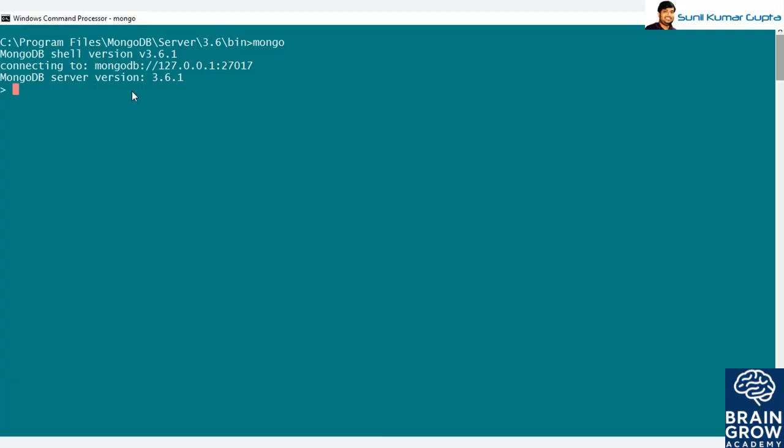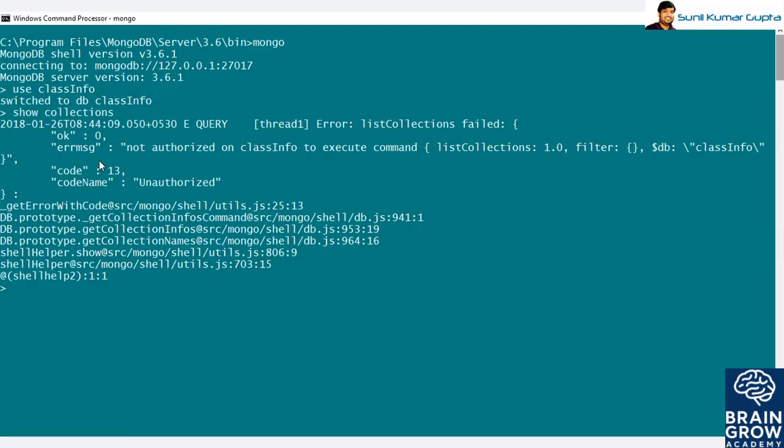See here, now I am inside the Mongo shell, and I'll use class info, and here if I run the command show collections, I'll get the error. See here, I'm also getting the same error message, not authorized on class info to execute command. Unauthorized access. To tackle this, we need to first use